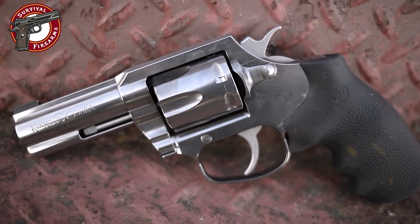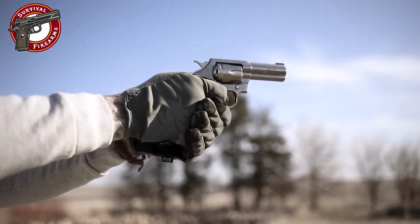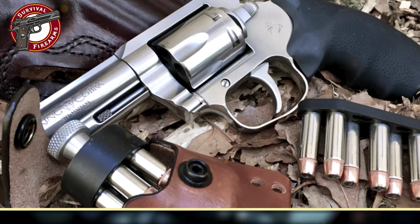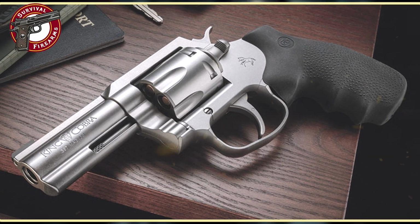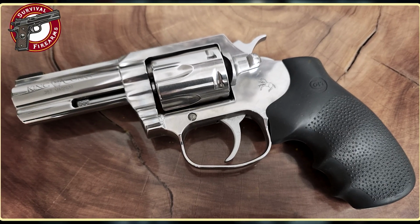Its double-action trigger is impressively smooth, and in single action it's even better, crisp, light, and highly controllable. The thick barrel shroud, fixed rear sight, and fiber optic front sight make for fast alignment and great balance. It's not just for show, this revolver is a serious performer. Built tough enough for trail use and elegant enough for collectors, the King Cobra is becoming harder to find as